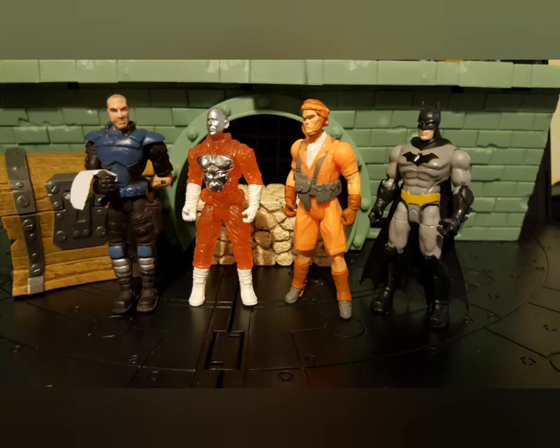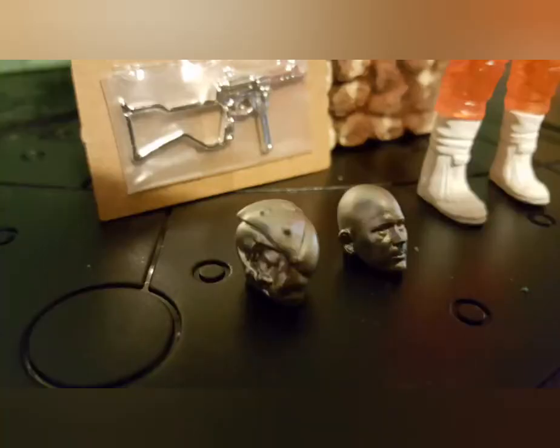This is just a comparison shot to show scale. You can see 4 inch figures, 3 3/4 inch figures here. Here's a close up of the heads. The sculpting on these is really good. Of course, the lack of paint apps is one reason I probably got these on sale, because they probably do reuse the parts a lot. So depending on when you buy them, you might be able to buy them with different paint jobs,